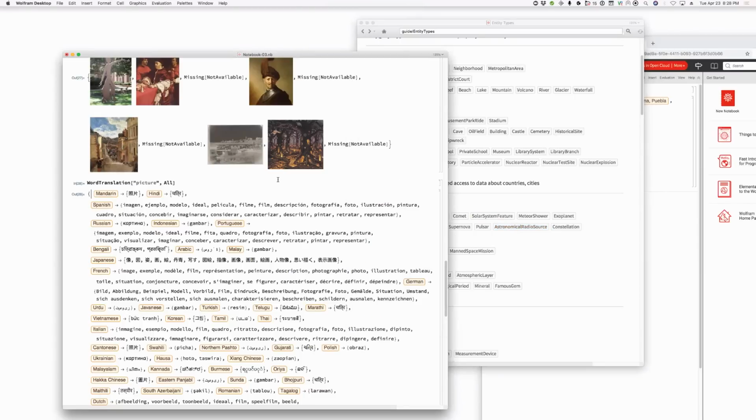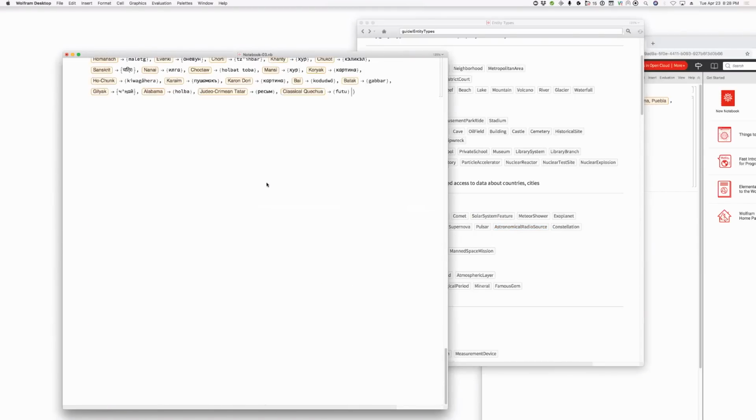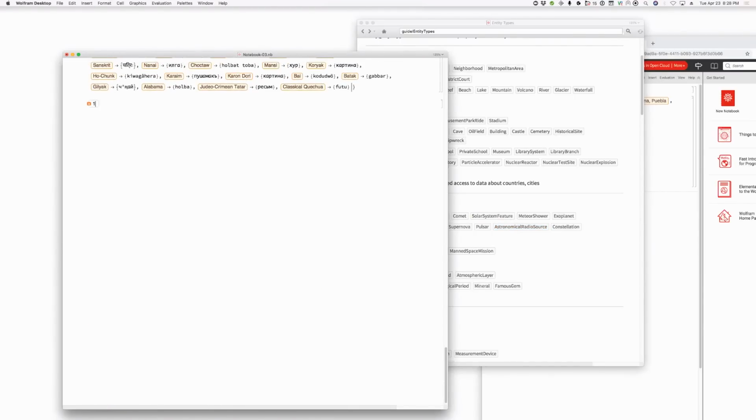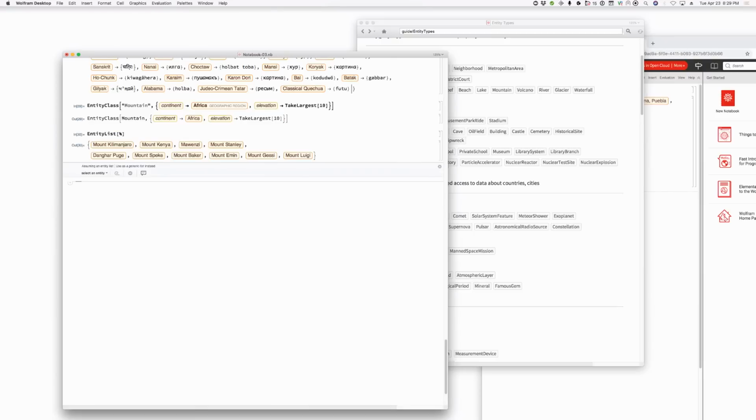I think if I say something like some of these things we can just do, 10 tallest mountains in Africa. We can just use natural language to synthesize. Yeah, there we go. So what this did was it synthesized the symbolic representation of that. So let's try seeing what this does. So this is now making an entity class. Okay, let's see what happens if we make an entity list from these. Okay, there we go. So this will now show us